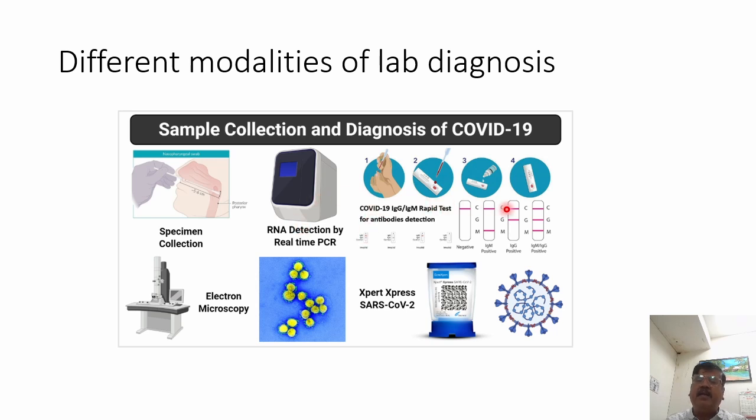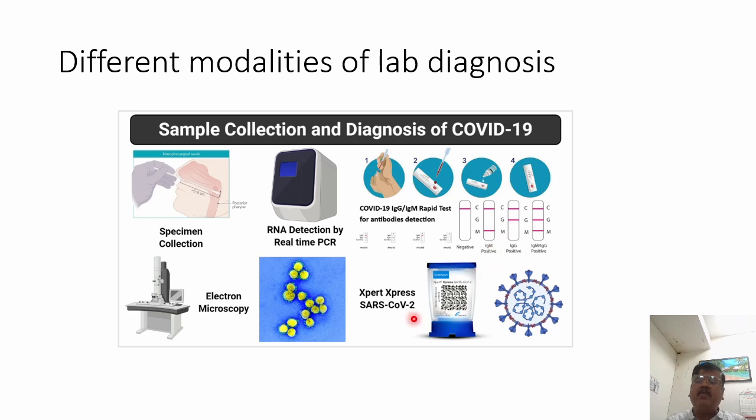So rapid tests are also there. For rapid tests, we have to collect the sample from the mid-turbinate of the nose to soak up the nasal secretions and go for the rapid immunochromatographic test. The test result will be available within 20 minutes. So that is also the rapid antigen test. What is the drawback? I will tell you afterwards.